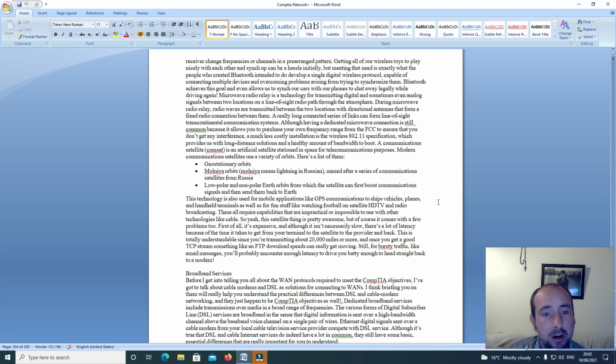while driving again. Microwave radio relay is a technology for transmitting digital and sometimes even analog signals between two locations on a line-of-sight radio path through the atmosphere. During microwave radio relay, radio waves are transmitted between two locations with directional antennas that form a fixed radio connection between them. A really long connected series of links can form line-of-sight transcontinental communication systems, although having a dedicated microwave connection is still common